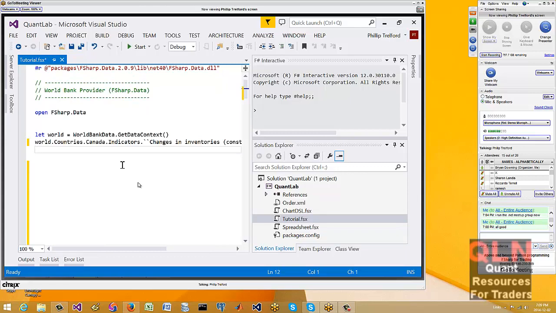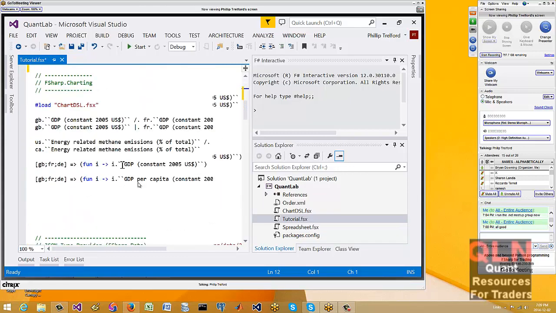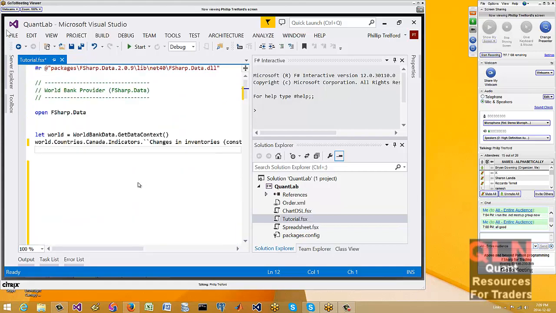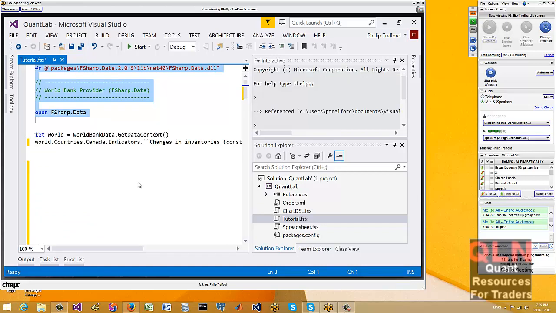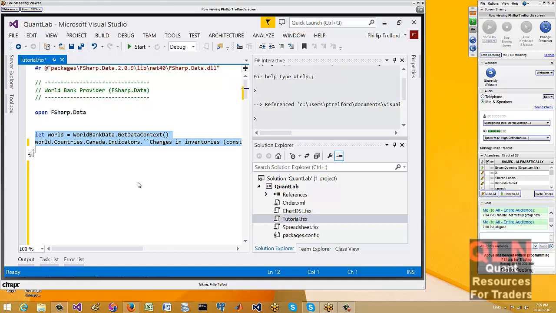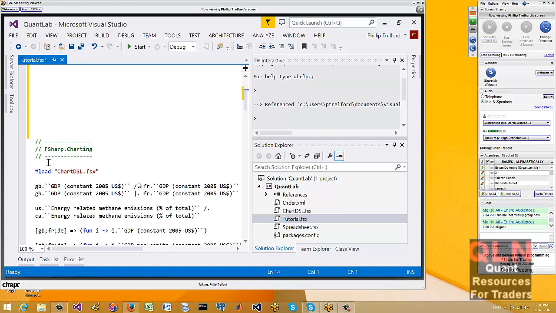So let's see what we can do with that. I'll just evaluate this. To evaluate, we just highlight the code, press Alt-Enter. This is in the interactive mode, which is very useful for data science analysis. You can also compile out F# code, and it compiles down just like C#.